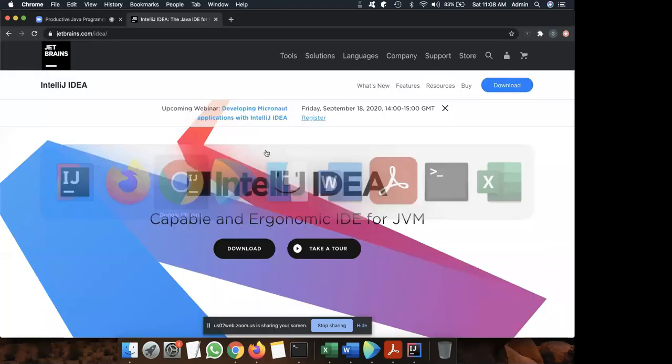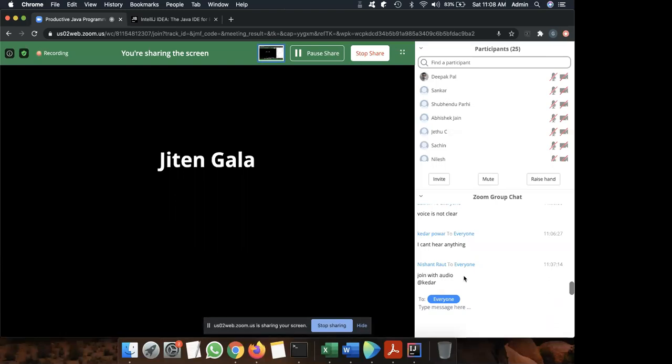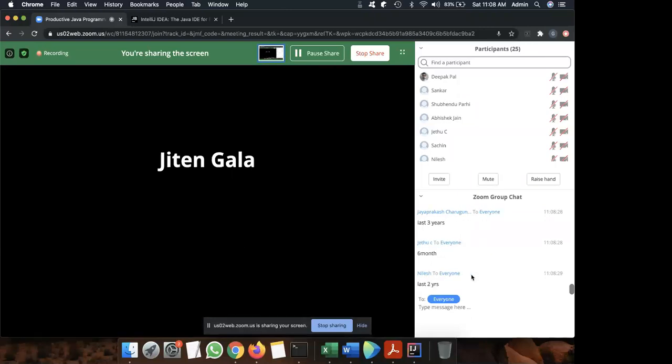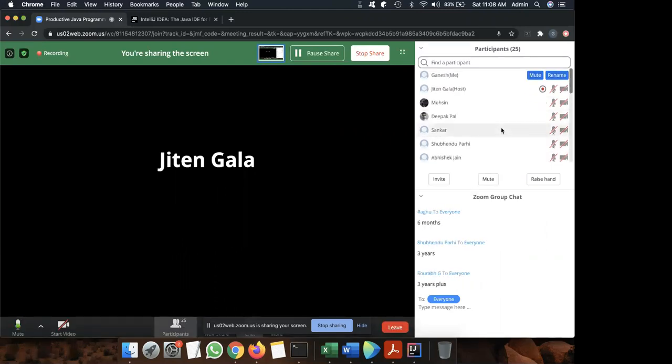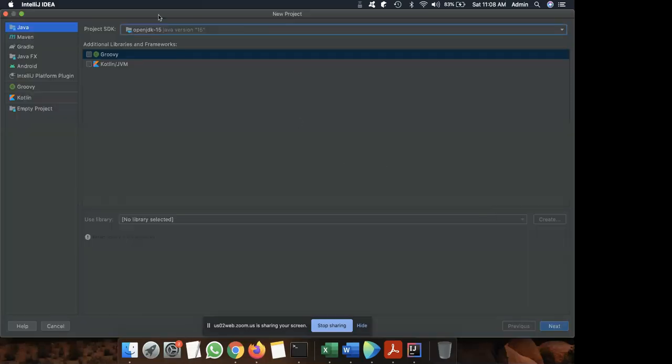Before I go further, I will have a quick check. How many of you have been using IntelliJ IDEA for the last 6 months, the last 3 years, and the last 10 years? Last 6 months is relatively new to IntelliJ IDEA. Great, there's mixed participation here, which is good. There is something to take away for everyone in this session.